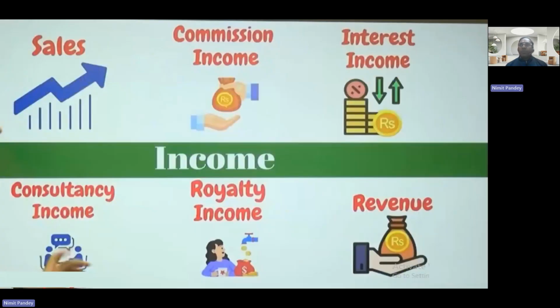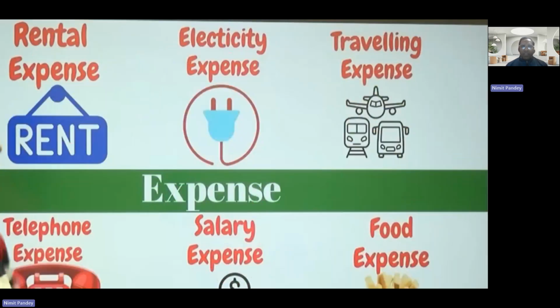Income is what I earn from doing business, from where I am generating my revenue. So all are income. It can be commission income or interest from the bank or my shares, or if I give some consultancy, income from there, and royalty, sales, all these things are income. And the fourth one is my expense. So when I give the salary, it's a salary expense, देन सम रेंटल एक्सपेंस, ट्रैवल एक्सपेंस, जो भी मेरे खर्चे, जैसे भी खर्चे मैं कहीं भी करूंगा, अपने ऑफिस में, एम्प्लॉय में, ट्रैवलिंग में, ऑल आर माय एक्सपेंसेस.